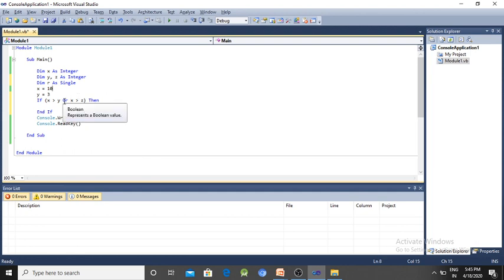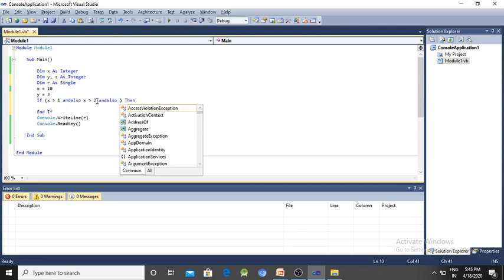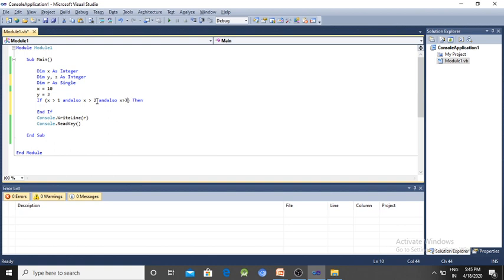So in this, x greater than y and also x greater than z, or we can write x greater than 1, x greater than 2, and also x greater than 3.